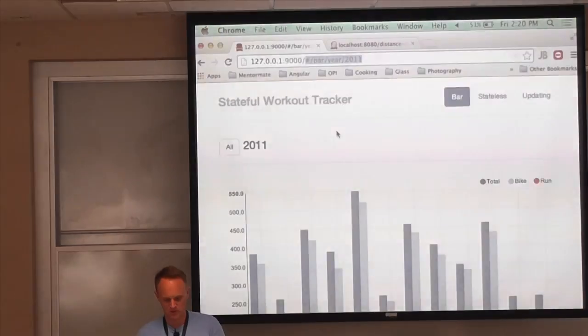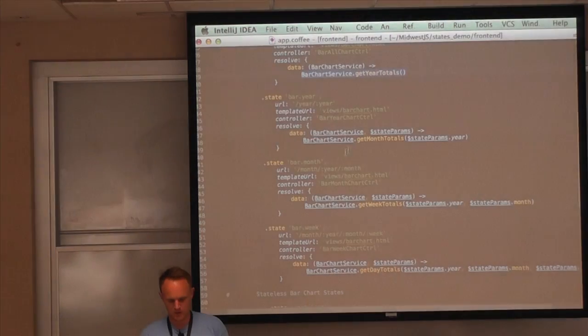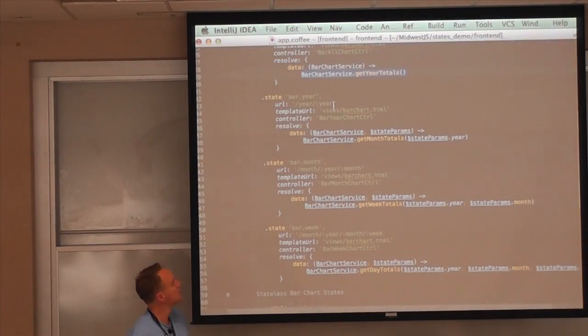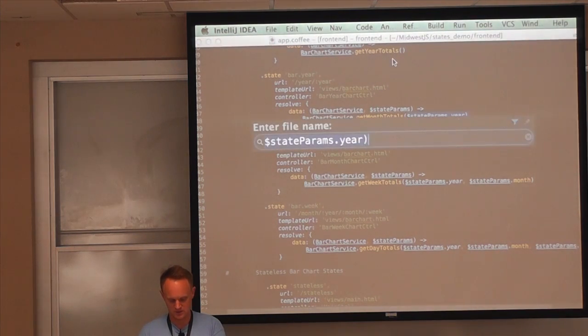If we look at what happens when I click on a particular year, I'm going to the year state and I'm passing in a year parameter, and that gives me the state parameters object that has a year on it. So when I'm passing that into get month totals on the bar chart service,